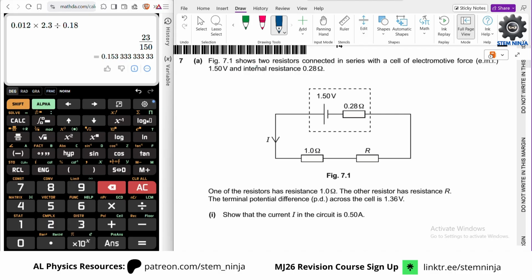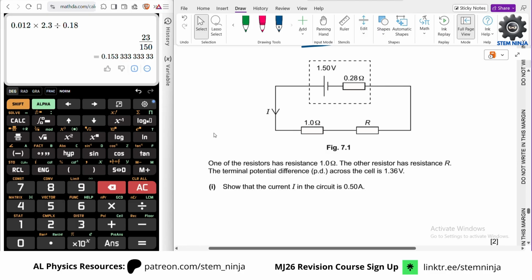Okay, so figure 7.1 shows two resistors connected in series with a cell of electromotive force 1.5 volts and internal resistance 0.28 ohms. One of the resistors has resistance 1 ohm, the other resistor has resistance R. The terminal potential difference across the cell is 1.36 volts. Show that the current I in the circuit